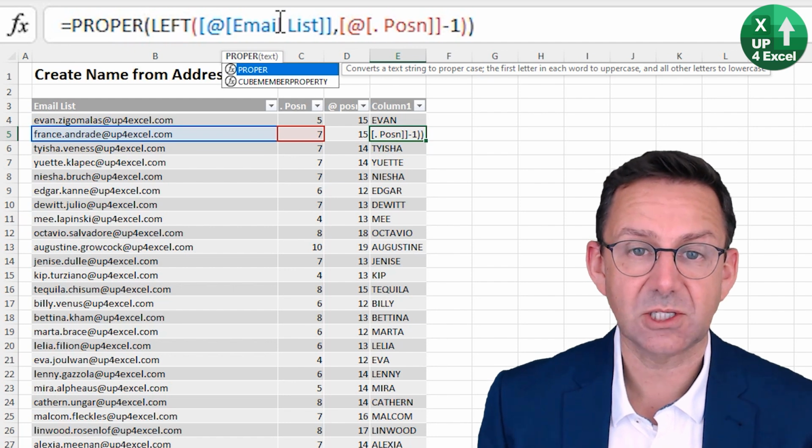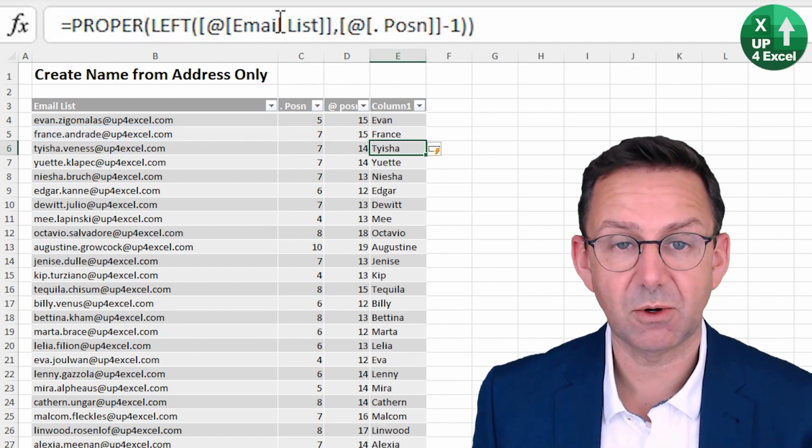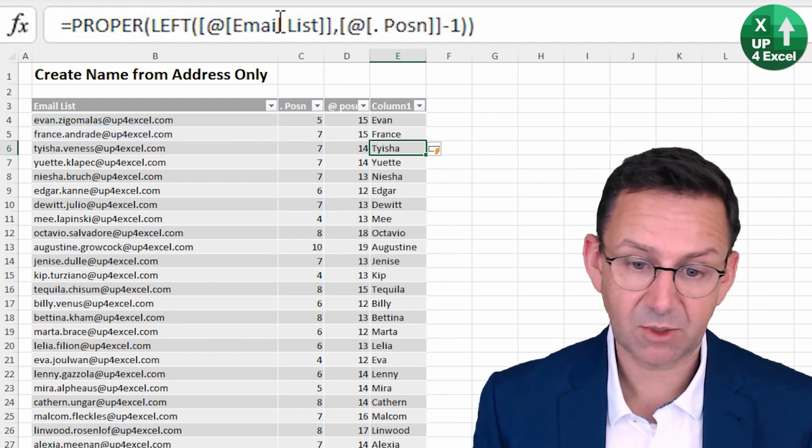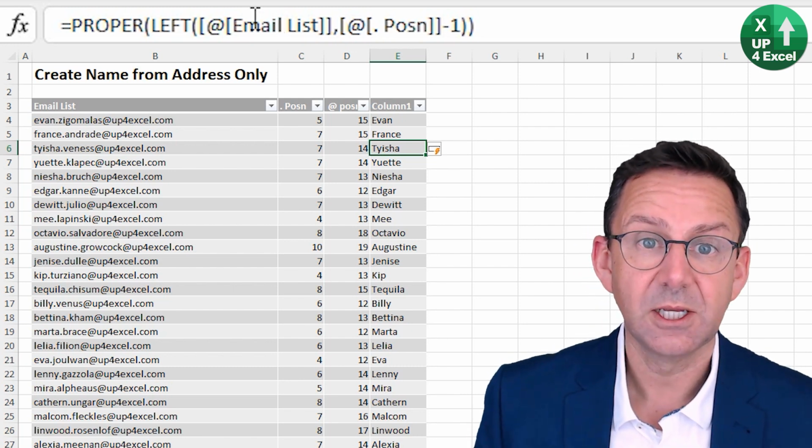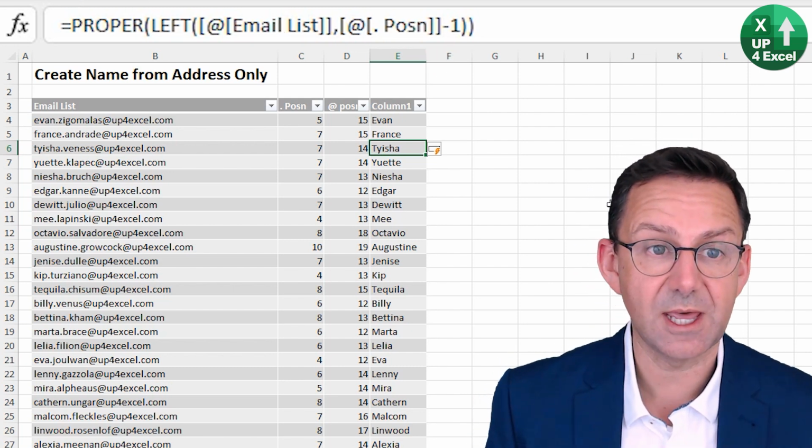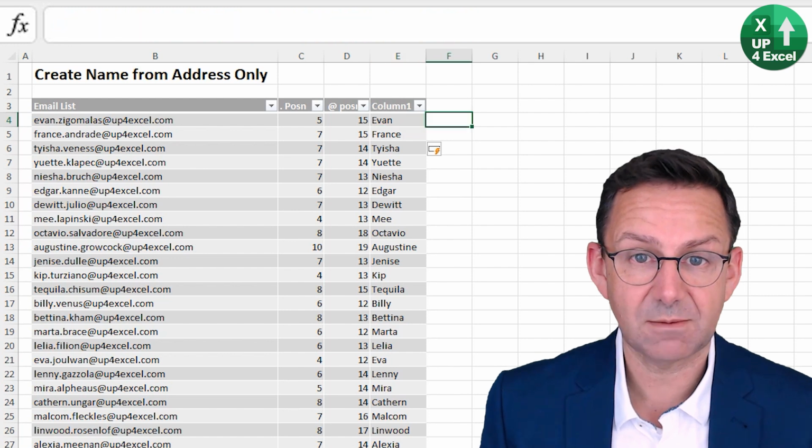But actually, if we want to capitalize the first letter, there's a function called proper, which is the proper case. And that's ideal because for a name, that's exactly what we want. It's for proper nouns. We've got a name, it capitalizes the first letter. So we just embedded that whole function in there. And of course, we could do exactly the same thing